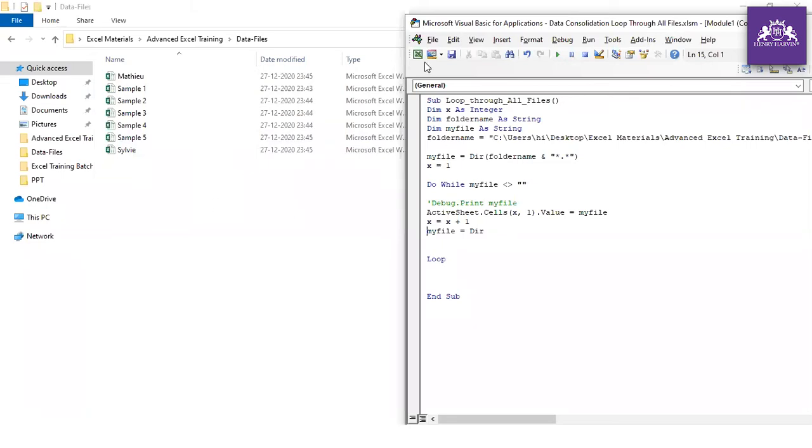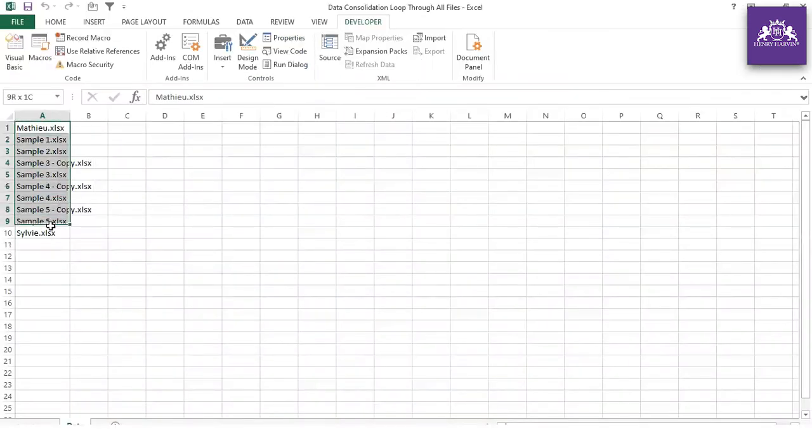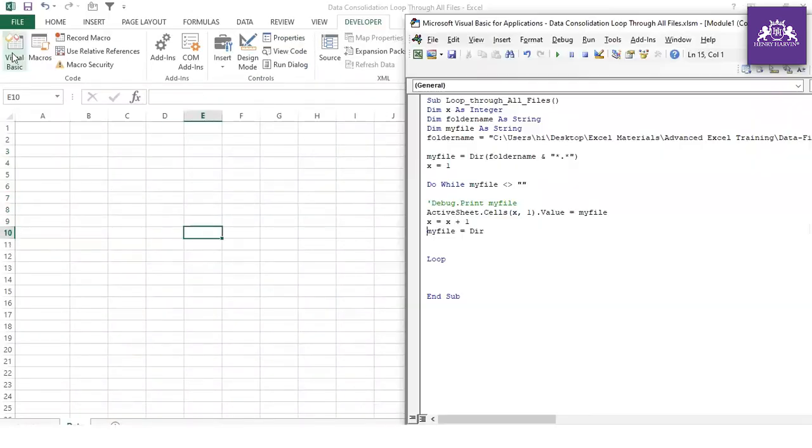Since you know it is opening all the files, but we want to consolidate the data. How can you consolidate the data? You just go down, and this is the file, my file dir. All right. So this is the file. Here you have to write your code. So here you have to open the file